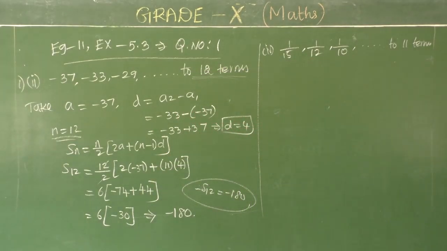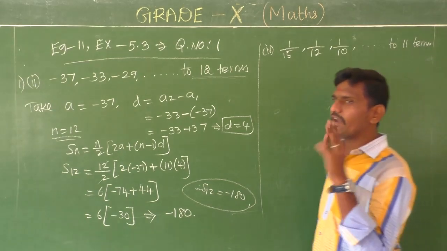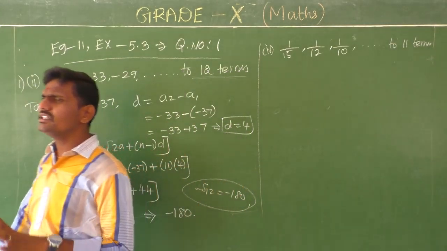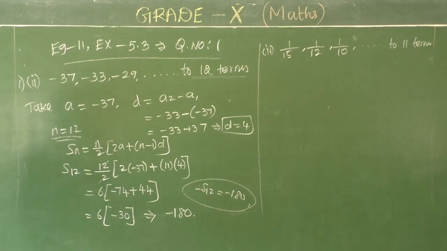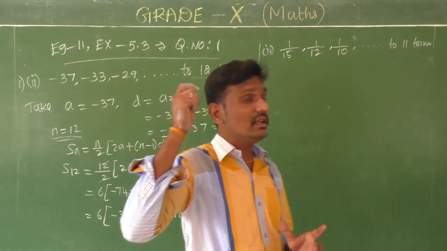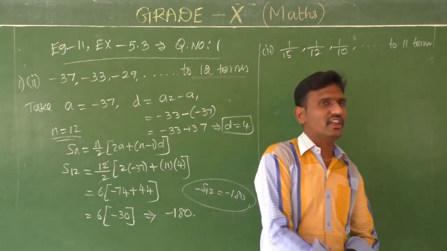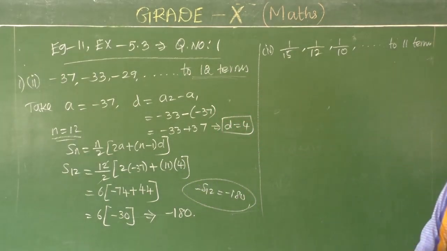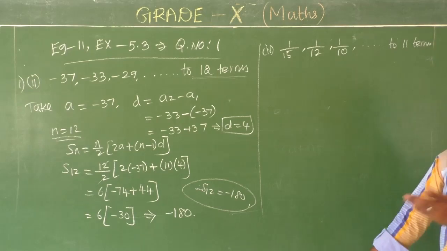That was the first question, second pattern. And next, I am going to give you the fourth question also. The fourth question is different. What does different mean? You have all terms as fractions. Because of fractions, students feel that simplification is difficult and make mistakes, sir, like that. Okay, so don't think that, students. The fraction is easy only.